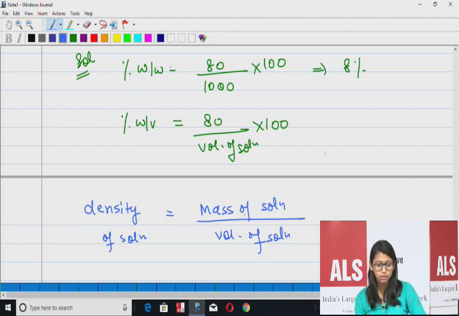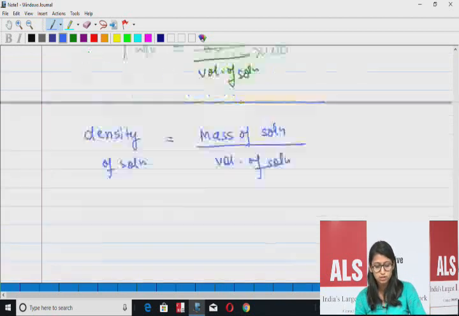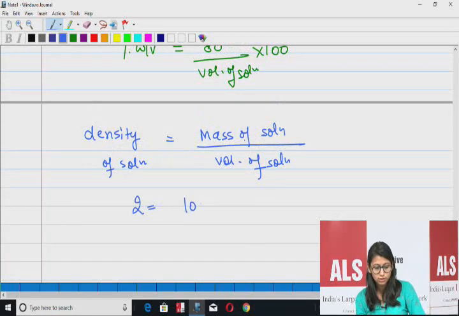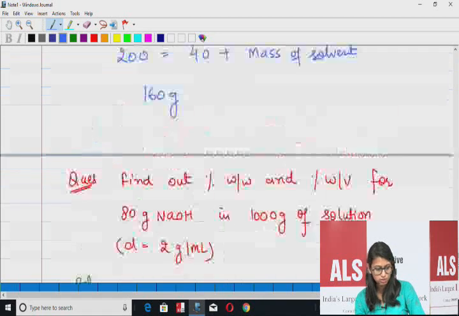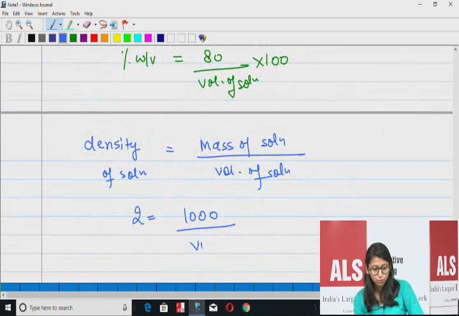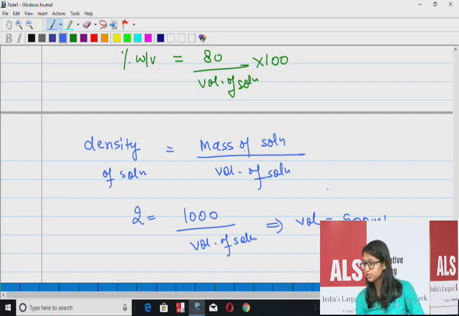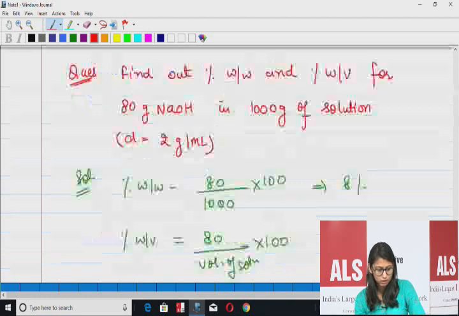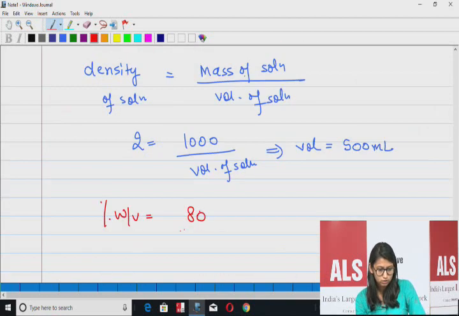So density is there, mass of solution is there, and volume of solution is there. So now the density is given as 2, mass of solution is given as 1000, and the volume of solution we need to find. So it's done. That volume I got as 500 ml, right? Because density is gram per ml. So what will you do? Percent W by V. I'm putting it again. That was 80, yeah, 80 by,